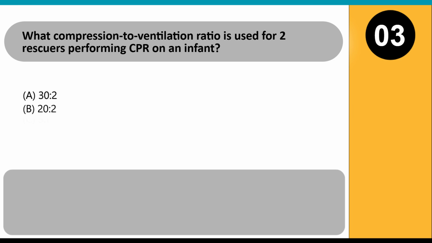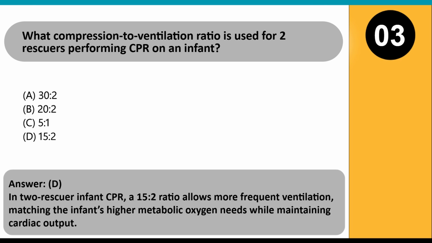What compression to ventilation ratio is used for 2 rescuers performing CPR on an infant? A. 30:2. B. 20:2. C. 5:1. D. 15:2. Answer: D. In 2-rescuer infant CPR, a 15:2 ratio allows more frequent ventilation, matching the infant's higher metabolic oxygen needs while maintaining